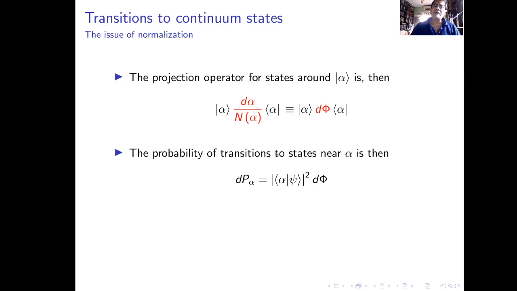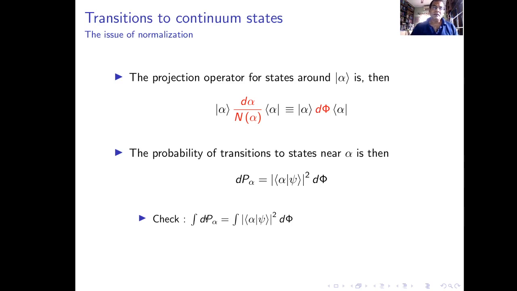So what is the probability of transitions to states near alpha? Well, all you need to do is apply this projector on the state psi, and that will give you the probability amplitude, and then you take the mod square and you end up with this result, |<alpha|psi>|² d phi. Just to verify that this works, let's check whether, if you integrate dp alpha, this infinitesimal probability of finding the system in a set of very close eigenstates parameterized by the eigenvalue range alpha to alpha plus d alpha,